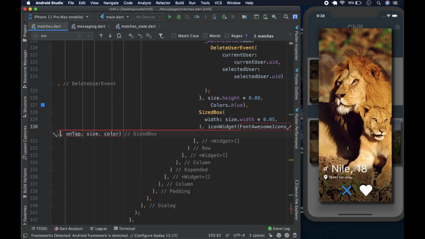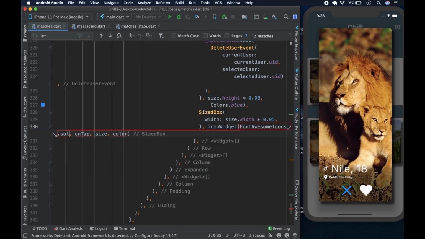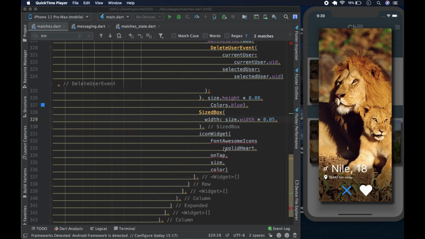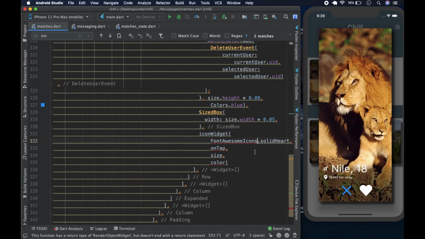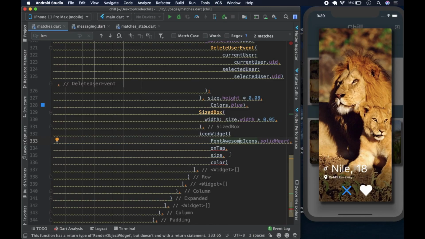Okay, dot solidHeart. For some reason the Font Awesome icons are not cooperating. Seems like now it wants to cooperate. If we come here it should import it, FontAwesomeIcons with solidHeart, and on tap we're just going to use the